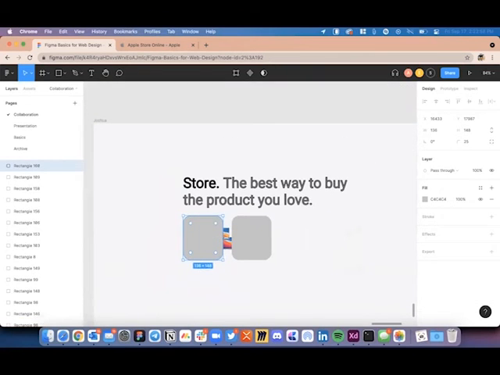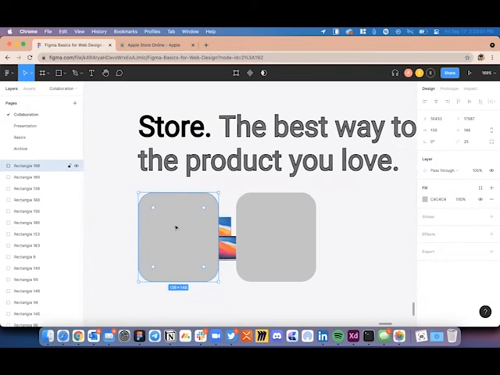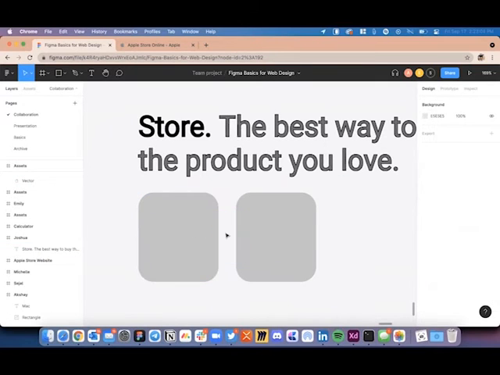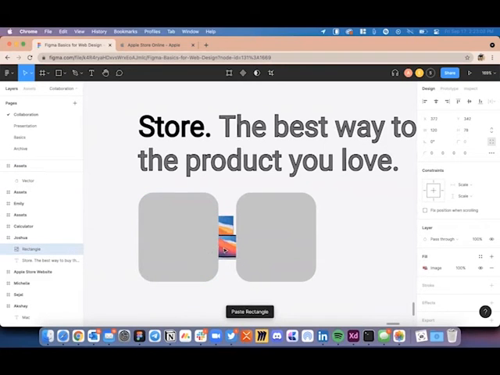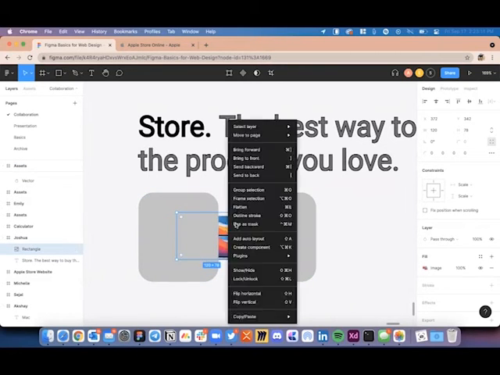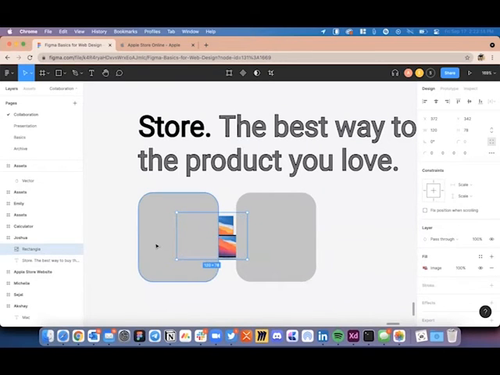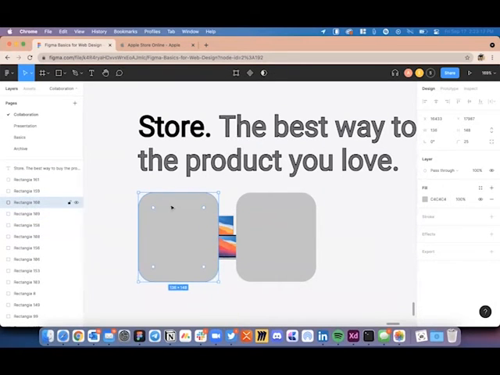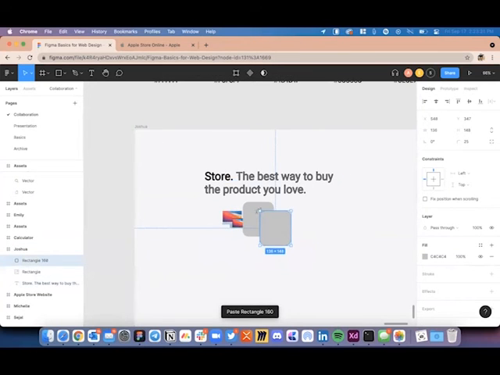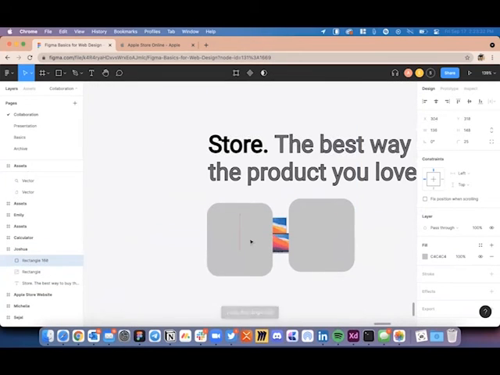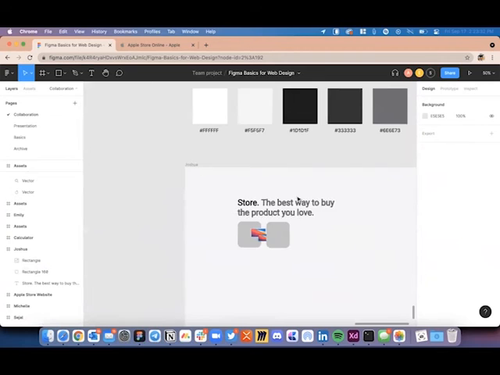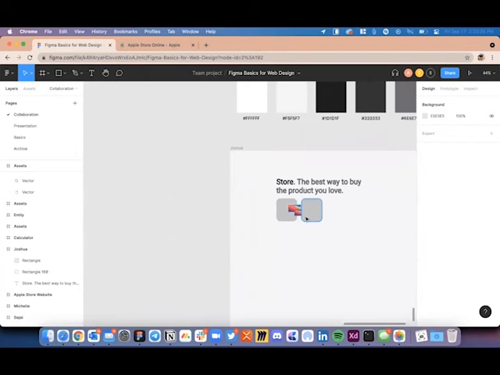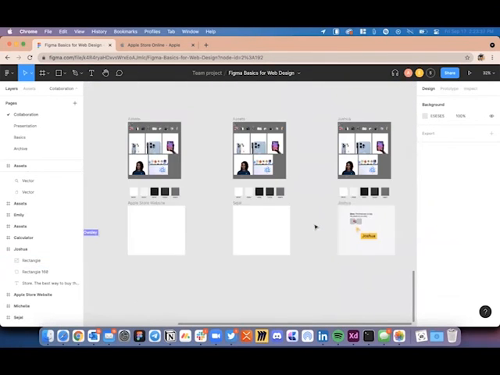Okay, so I think the reason why you're not able to do that is because, yeah, I think he is, yep. If I am able to bring it to the front. No, I think this rectangle is outside your frame. Yep. Now you should be able to proceed. Yeah. So you can go ahead and center the image, add a text below it.